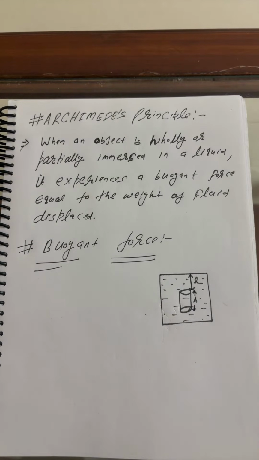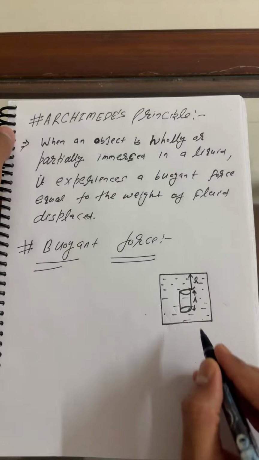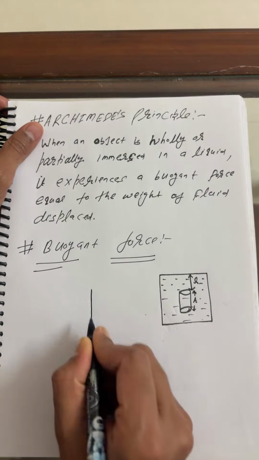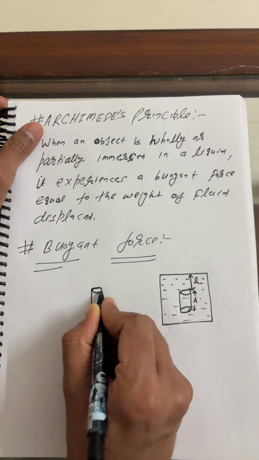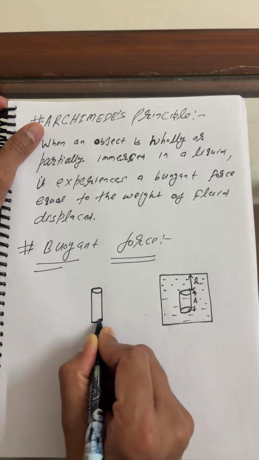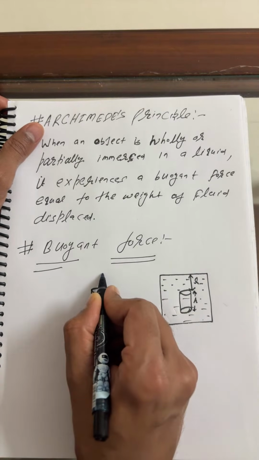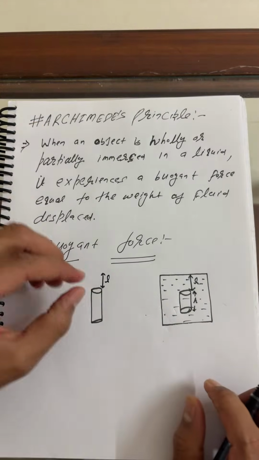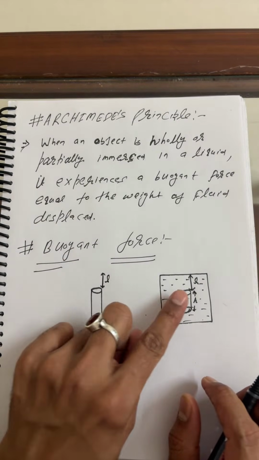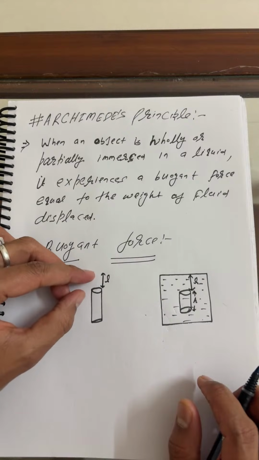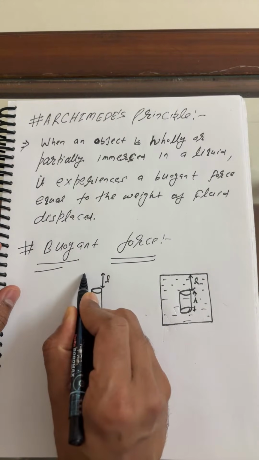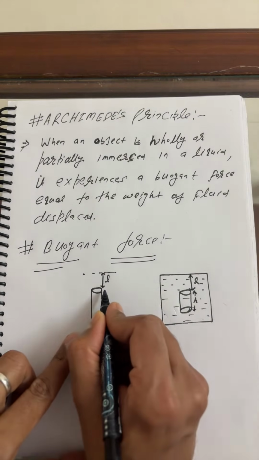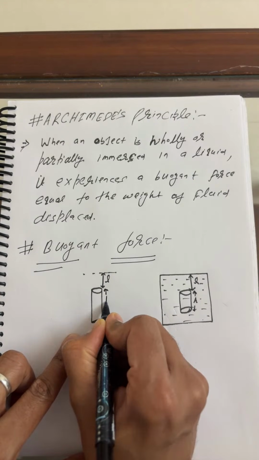Height of the cylinder. Students, here I'm considering this cylinder. This is the imaginary cylinder of water. Here L is the height of the upper surface of the liquid with respect to the free surface. Now, students, here I'm considering this is H.